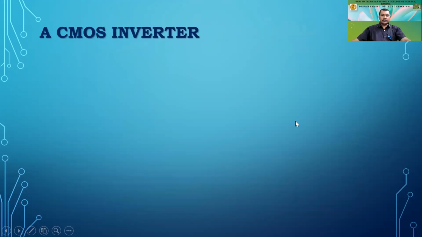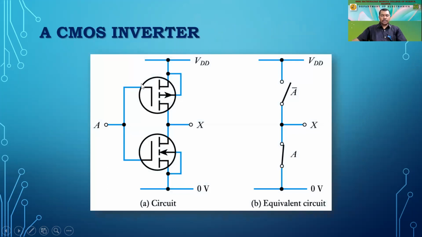Right, so we'll study the CMOS inverter. We are using a P MOSFET and an N MOSFET. So we are using the complementary pair, both the P channel as well as the N channel, to design this CMOS inverter, right? We have connected the P channel to the positive supply, the N channel to the ground, and the common gate terminal is taken as the input.